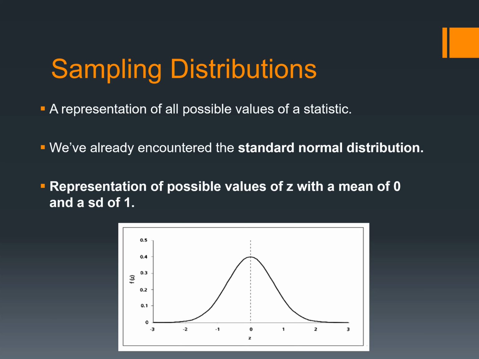In this video, I'm going to talk about sampling distributions and also the central limit theorem. So sampling distributions are a representation of all possible values of a statistic. It can be a representation of all possible values of a sample mean, of a sample standard deviation, or it can be a representation of all possible values of a test statistic, such as z or t or f or chi-square. Some of these we haven't encountered yet and we'll encounter later in the course, but we have already encountered